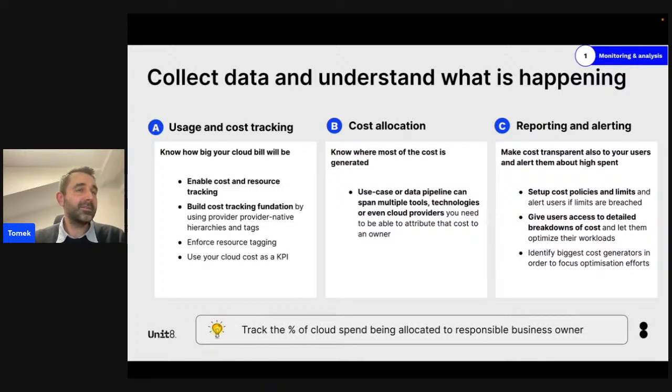And again, something that we advise and we think it's a good idea is another KPI where you can track the percentage of cloud spend that you can allocate to responsible business owners. So what that means is that you don't want a situation where you can only attribute the cost of your cloud data platform to, for example, the IT department. You want to be able to say that this particular use case that is spanning different technologies has generated this cost, and that contributes X to the overall cost